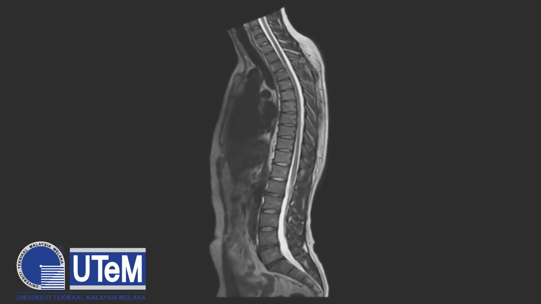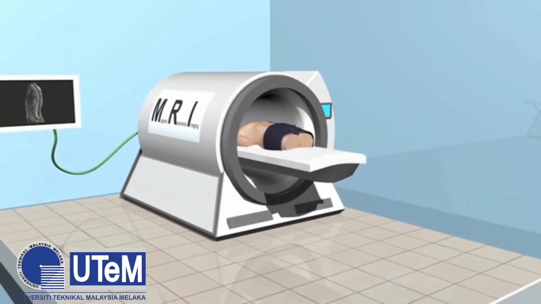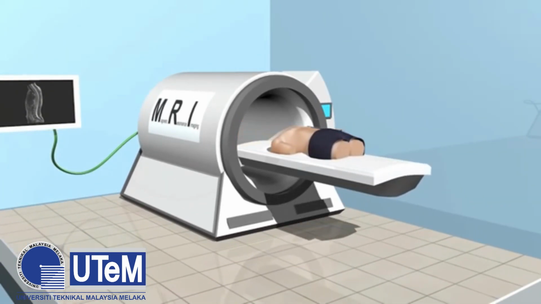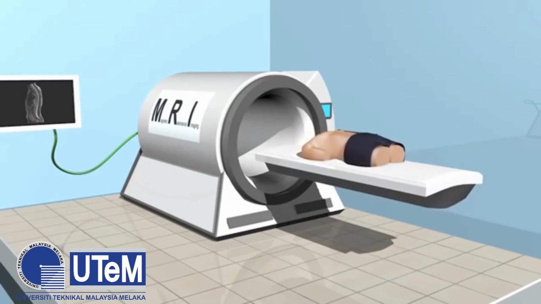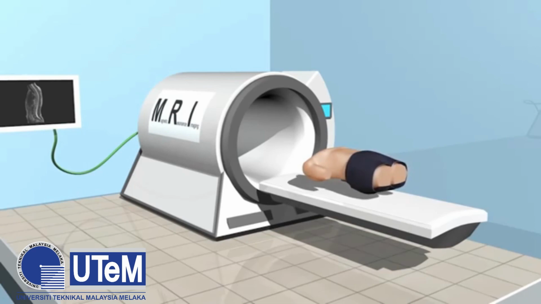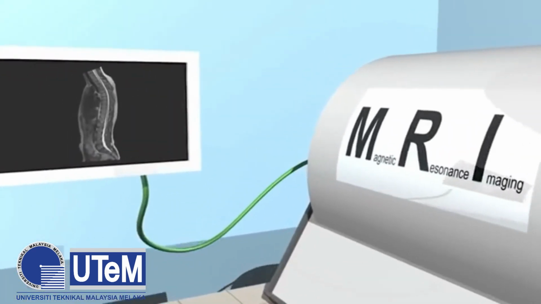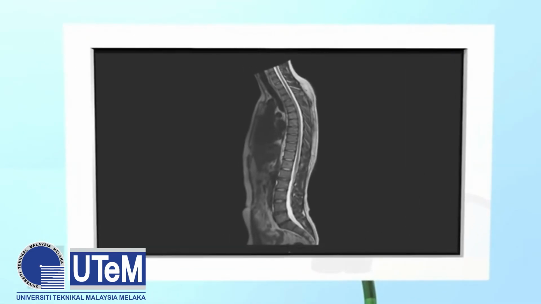Tissue with less water in it will have fewer hydrogen protons to emit signals back to the RF coils. Those areas appear darker on MRI scans. The varying signal strengths get translated into various shades of gray, which radiologists recognize as different types of tissue on the scan. MRIs can be used to scan the brain,